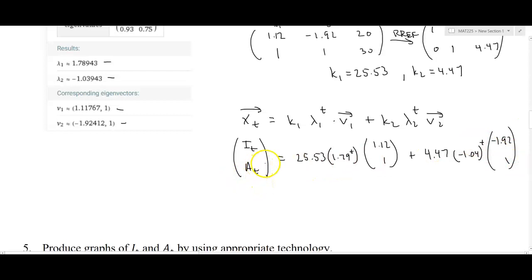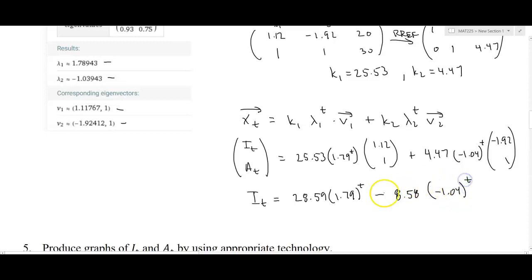And then when we do all sorts of multiplications here, we get that I sub t is equal to, when we multiply 25.53 and 1.12, we get 28.59. And that's going to be times 1.79 to the t. Just for consistency, I'll put my t above the parenthesis there. And that's going to be minus, because I'll have 4.47 times negative 1.92, which is negative 8.58 times negative 1.04